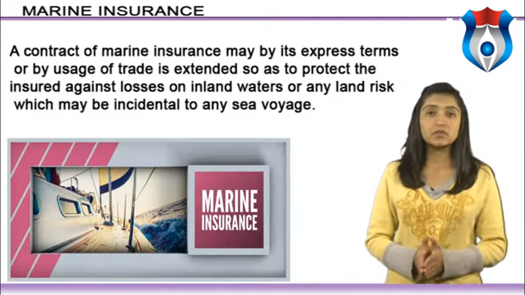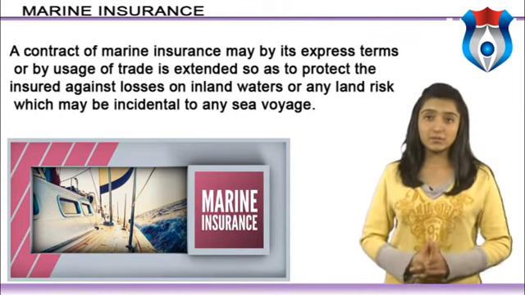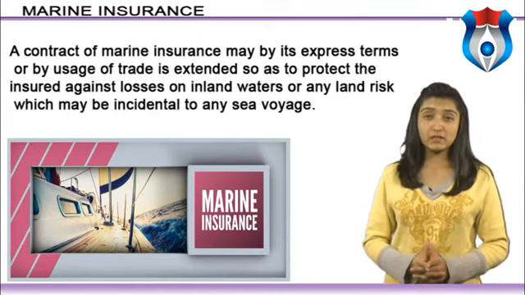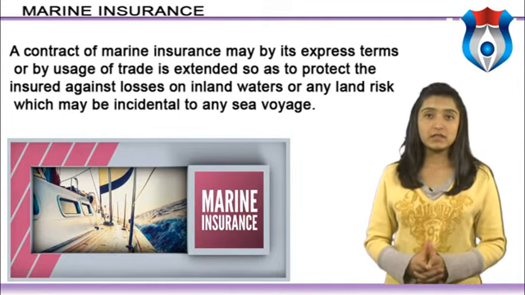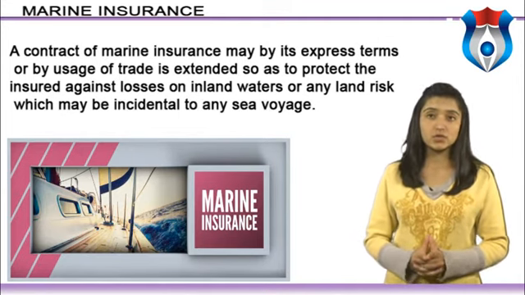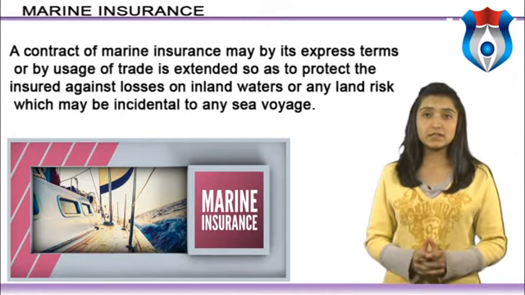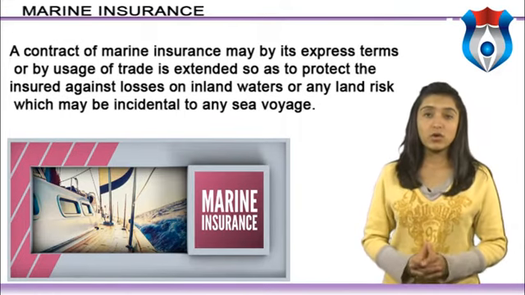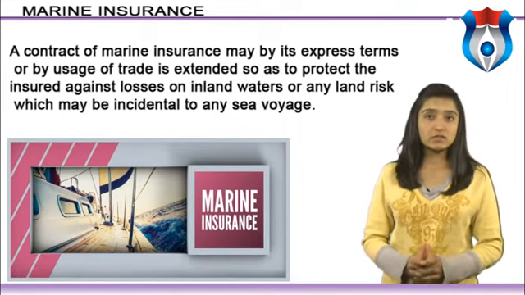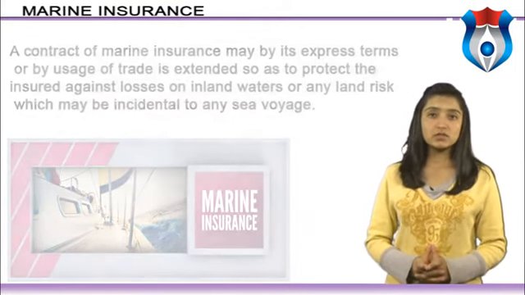A contract of marine insurance is an agreement whereby the insurer undertakes to indemnify the insured in the manner and to the extent thereby agreed against the transit losses, that is to say losses incidental to transit. A contract of marine insurance may by its express terms or by usage of trade be extended so as to protect the insured against losses on inland waters or any land risk which may be incidental to any sea voyage. In simple words, the marine insurance includes: